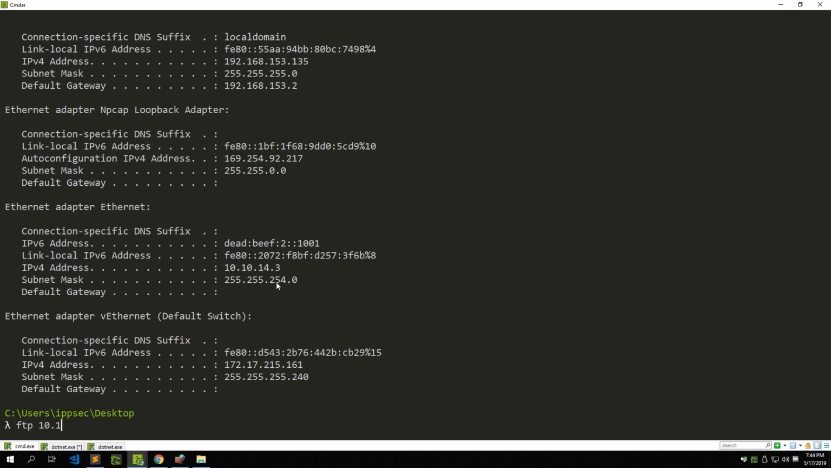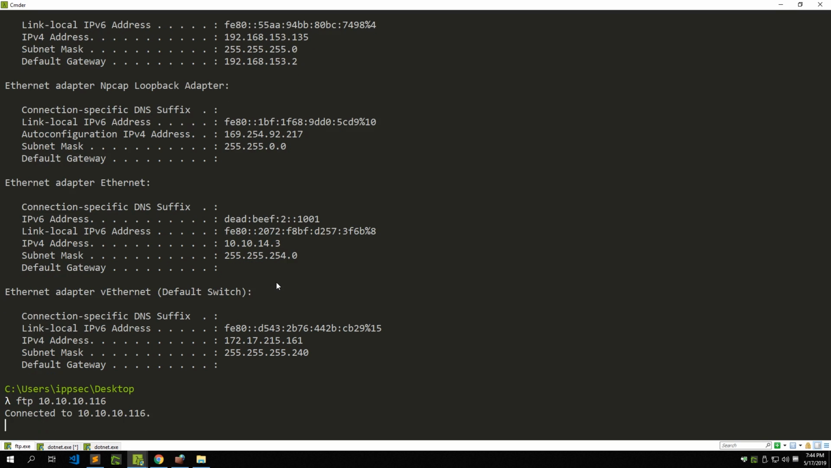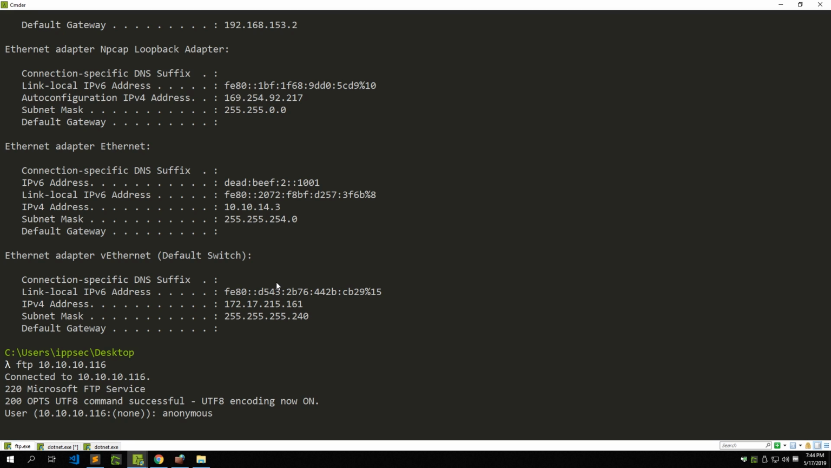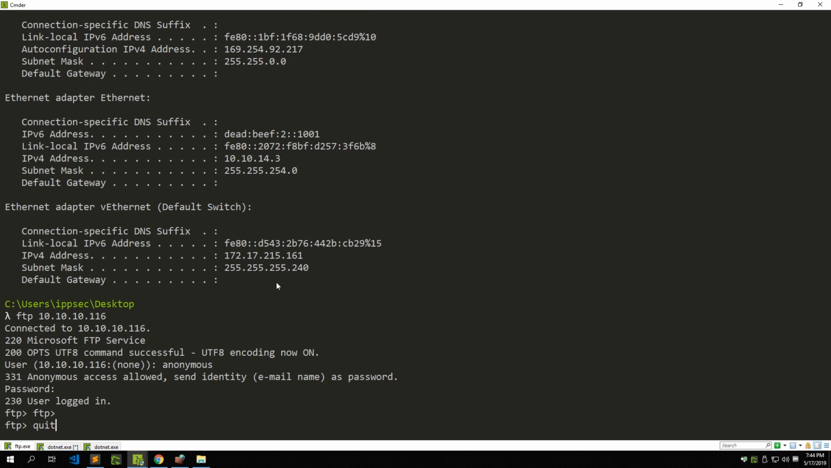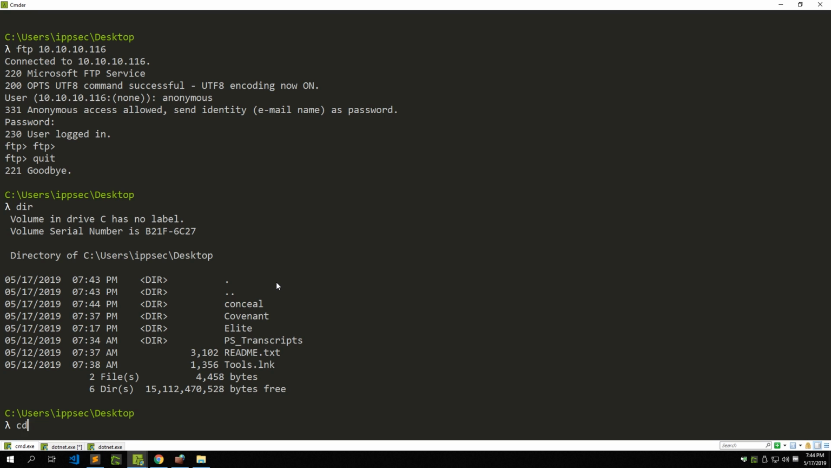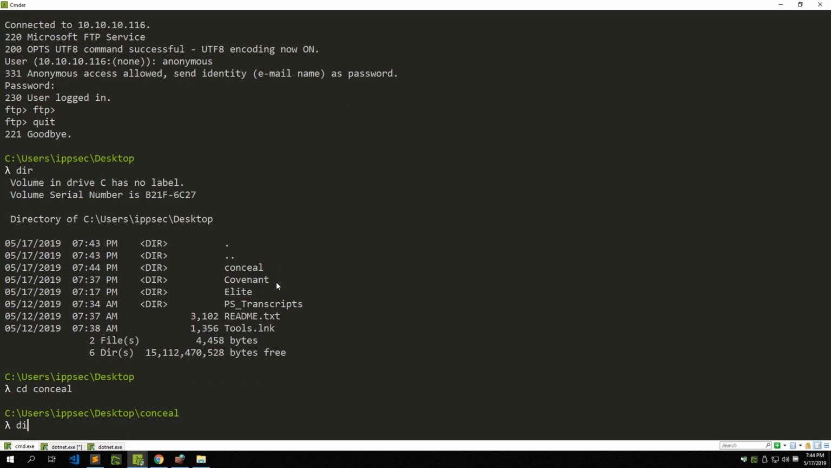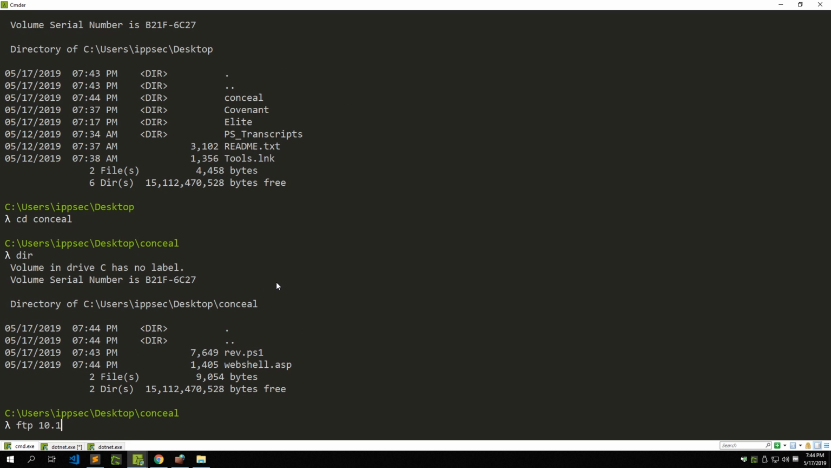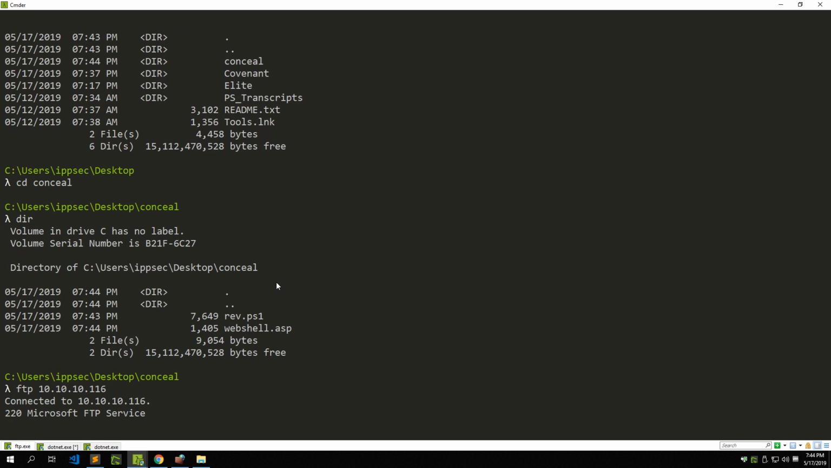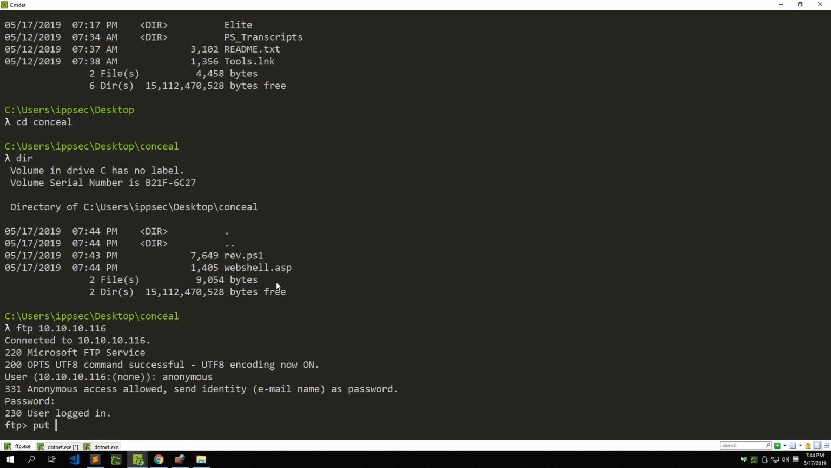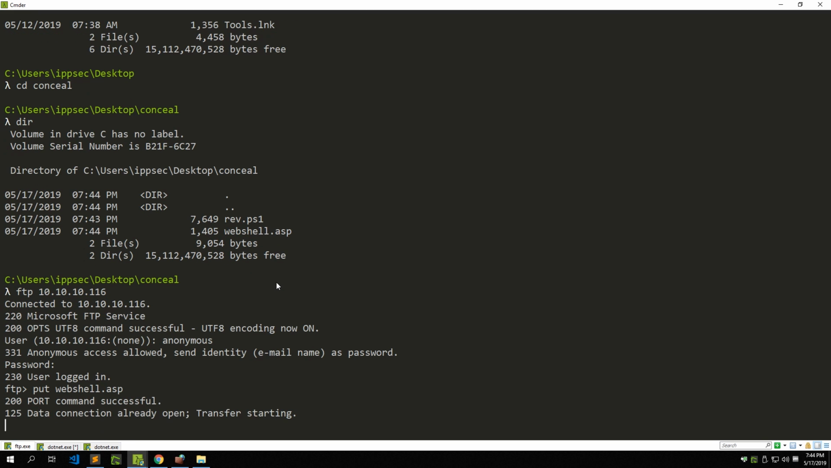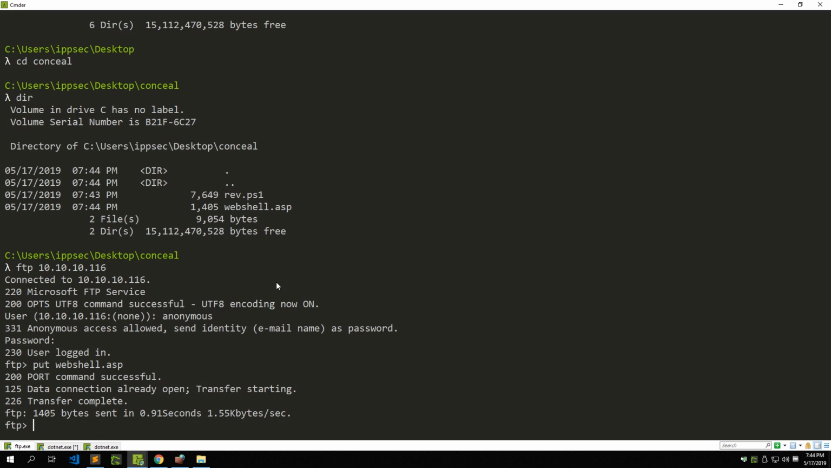So FTP 10.10.10.116, anonymous, and we can actually, we have to quit because we're not in the correct directory. We're going to go into Conceal, and now we can FTP 10.10.10.116, anonymous, put webshell.asp, and we also have to